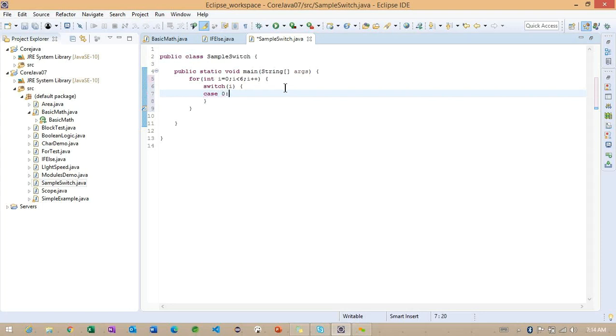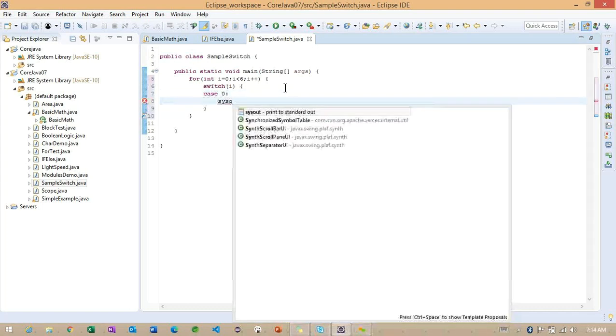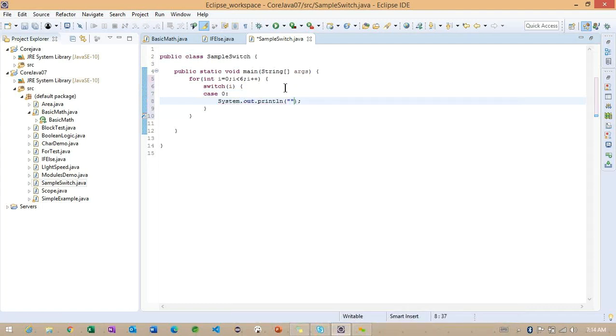Here I am making case. So when the case is 0, how are we going to get the particular case 0? We'll get it from the i value, whatever i value we are having. So it's going to check it with this particular case here. Getting the point.